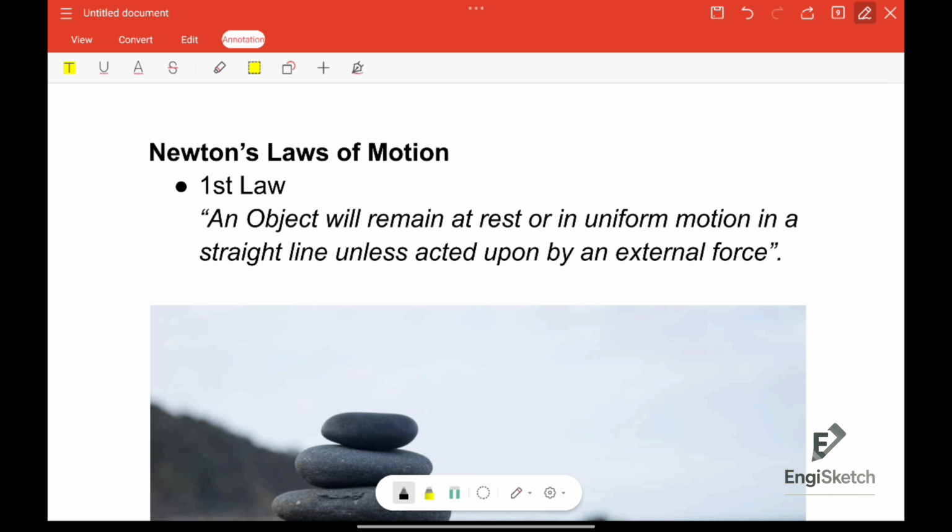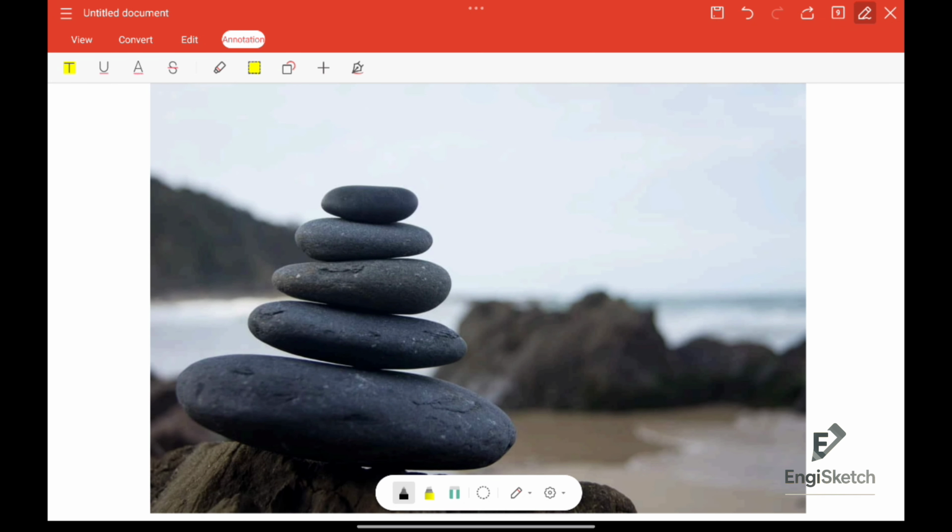Then we will jump to Newton's laws of motion. For Newton's laws, we have three different laws. The first one describes the object when it's at rest, or in uniform motion, so there's no acceleration, in a straight line, unless acted upon by an external force. So it's describing the object when it's at rest or in uniform motion. Like this, for example, these stones, as we see them here, they are at rest, they are not moving at all, unless